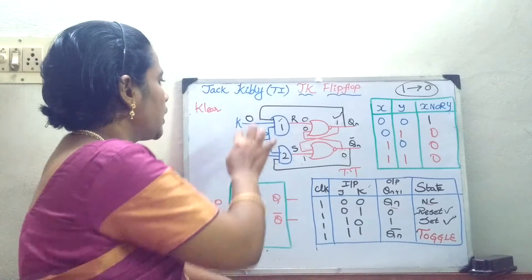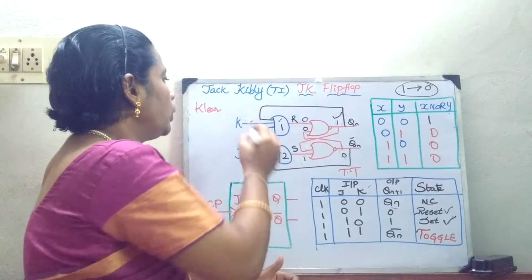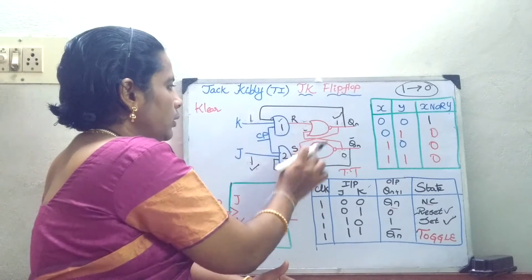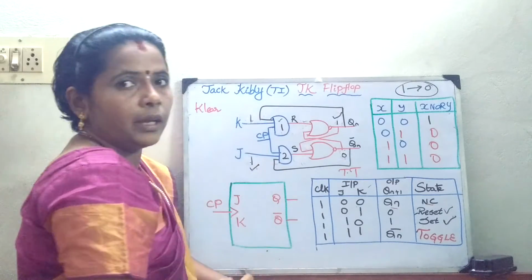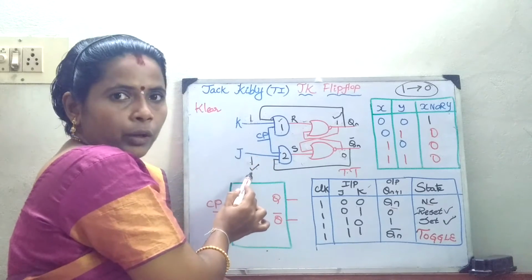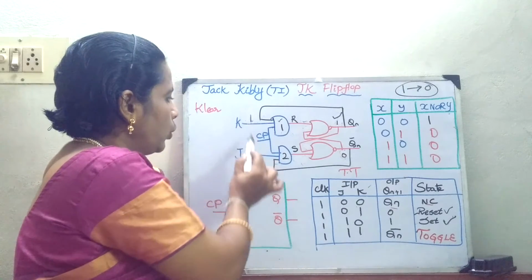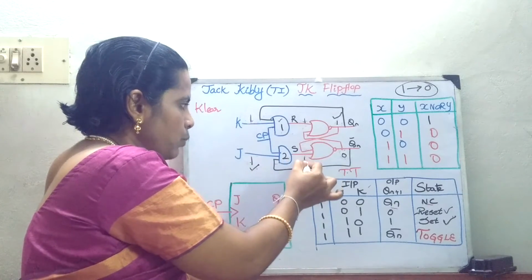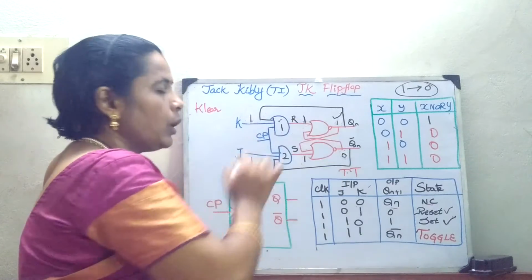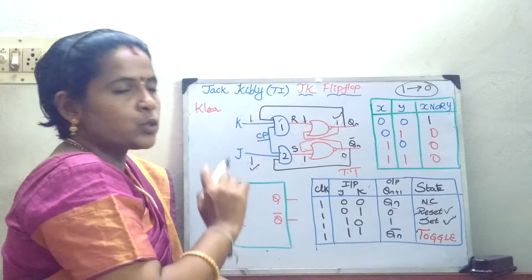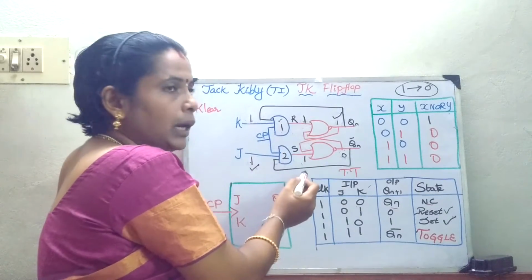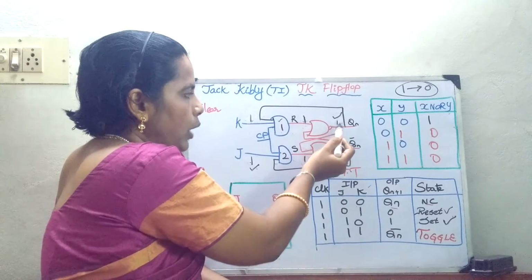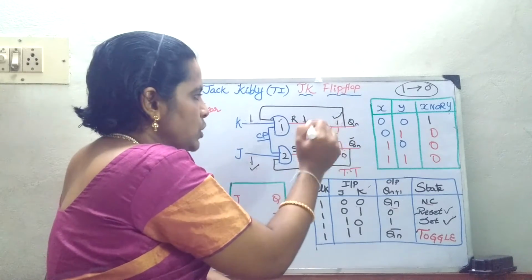What is the next condition? The next condition is both the inputs are going to be 1. Okay, so what will happen when both the inputs are 1? When the clock pulse is applied in these places, again I will have 1. Okay, so when I give 1, what will happen? So both the inputs are 1, which was already 1, it will change to 0.